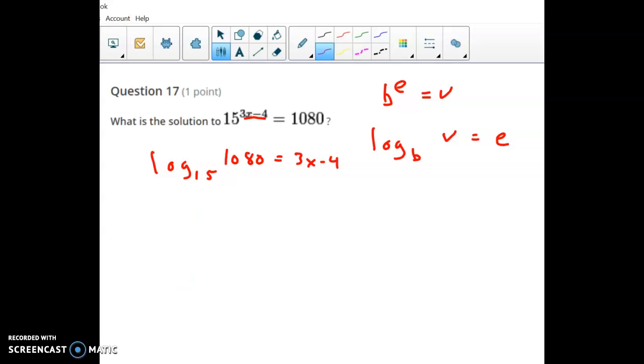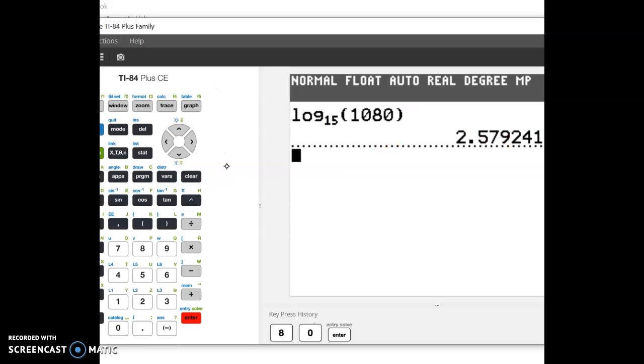And so there's a couple ways. You can use a calculator, for sure, that would work. There's a special log base 15 button you can use. Otherwise, the way we did it in class, we just did log divided by log. So in this case, we do the log of the top number, which is 1080,